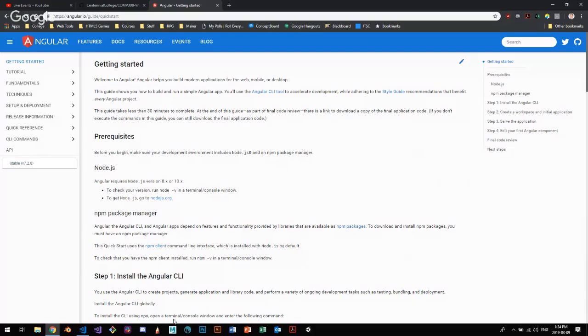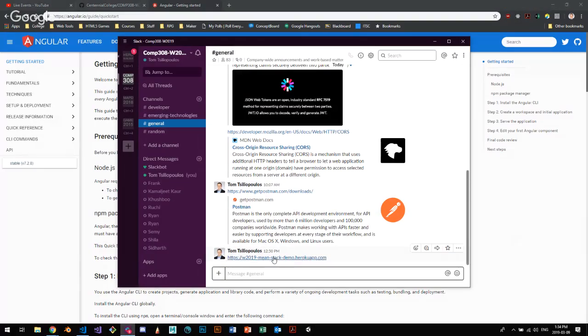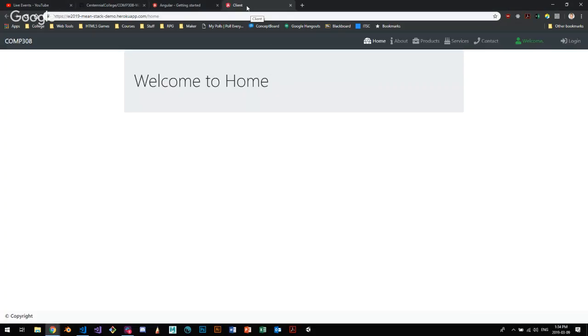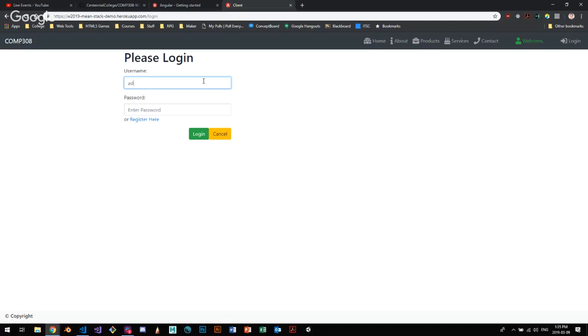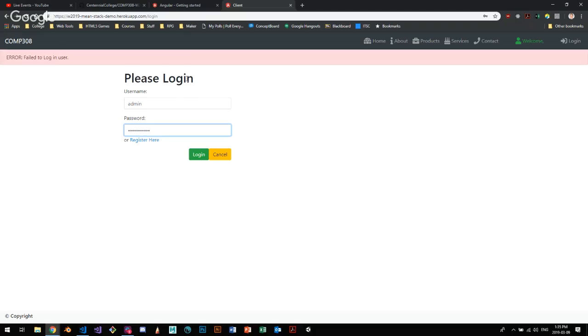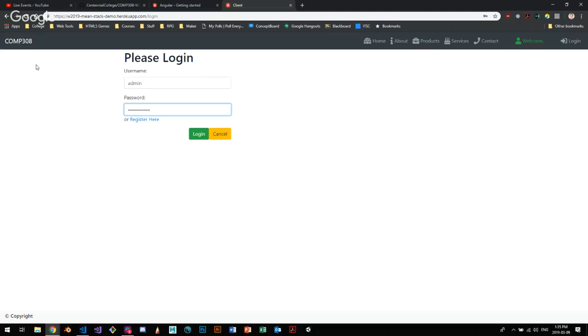Then we're going to do some minor updates. So what I want you to look at is the final product. Something that I've created for this week, I've gone ahead and made a simple app on Heroku. It looks like this. So if I log in, and I log in as admin. Actually, let's log in with the wrong password. I'm going to get a little thing that says error, failed to log in, and it'll go away, like a little flash message, right? However, if I log in properly,